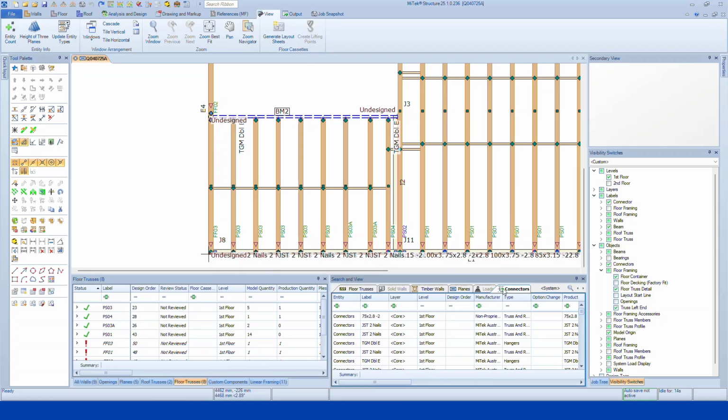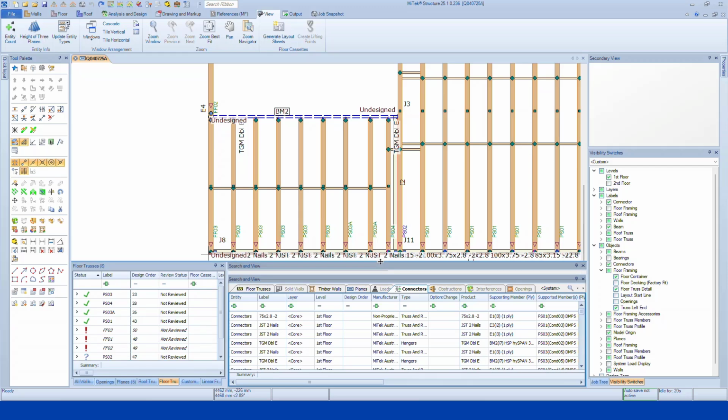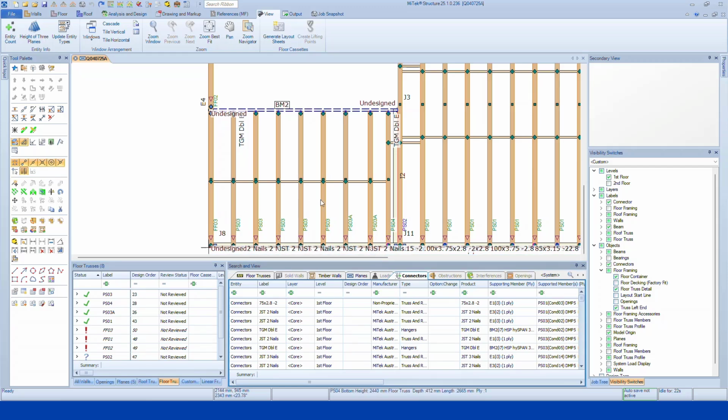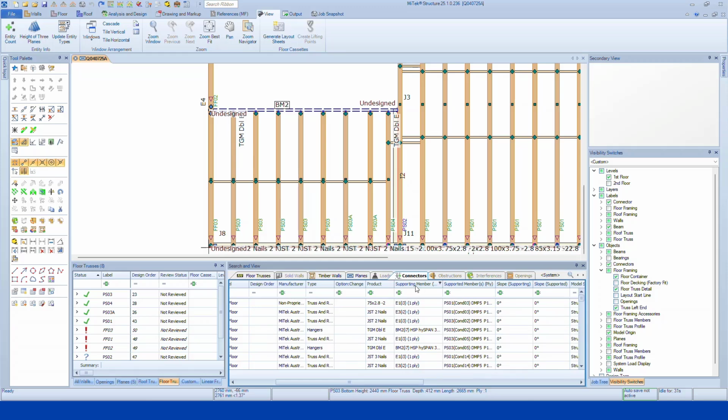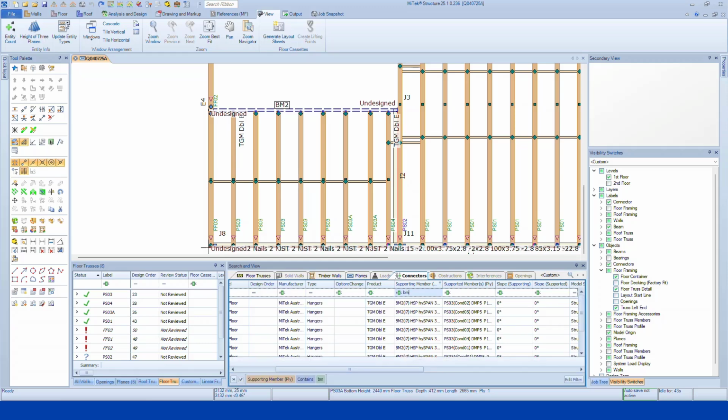We'll locate our connectors tab here, and we can make this a little bit bigger so we can see more. And we want to have all our posi struts that are butting into this beam change from TGMs to joist hangers. So the important things we need to find here are our supporting members and supported members. Our supporting member will be this beam. We can turn on the beam label to find the exact beam if we need to, and we can use this filter above here. So simply I can write BM2,